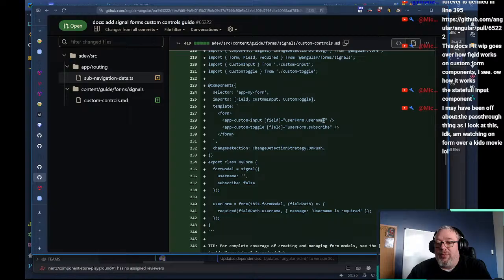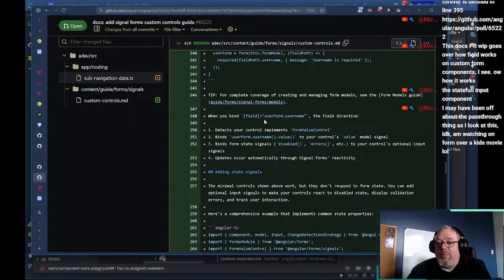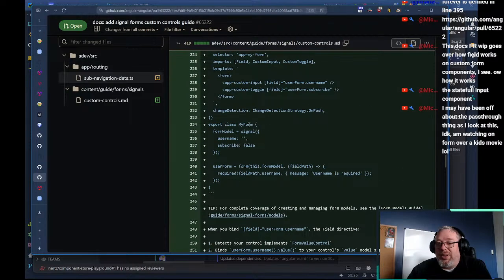So here we've got field. When you bind field, it gives user form name. The field directive detects that you're implementing form value control, binds value to your value, binds form state signals disabled and errors to your control's optional input signals. Updates occur automatically. So here,